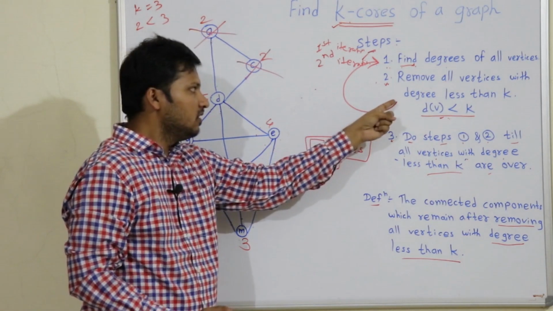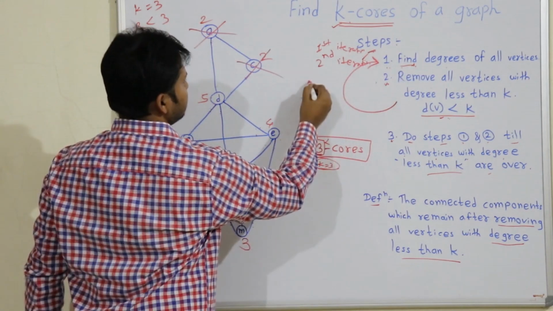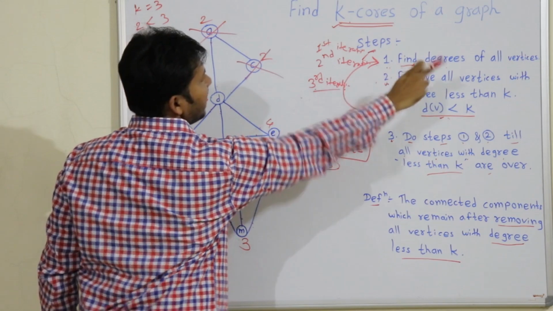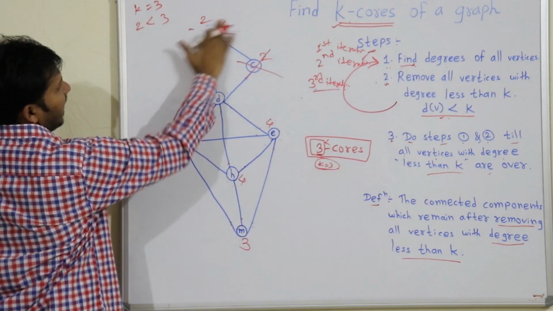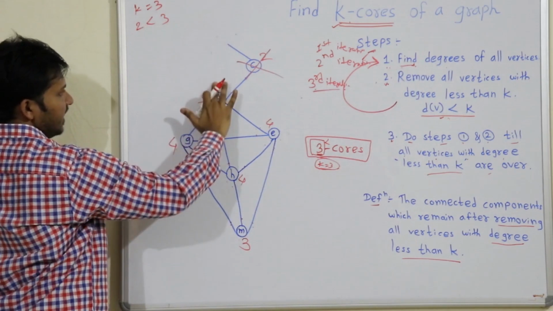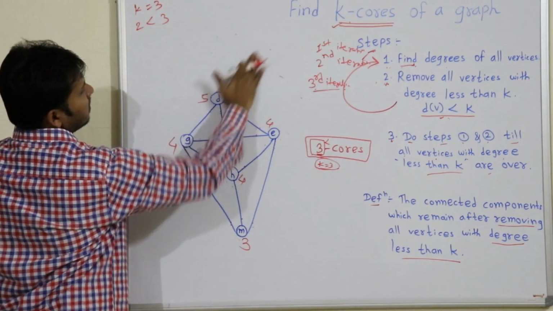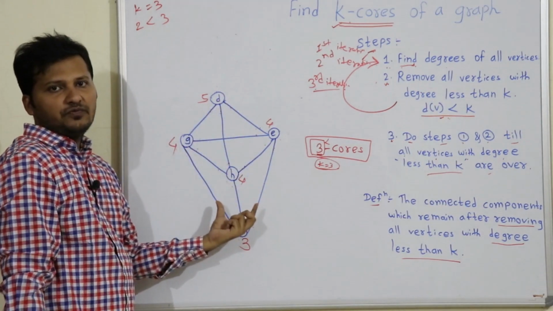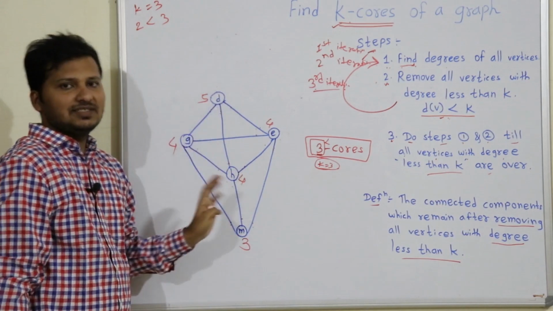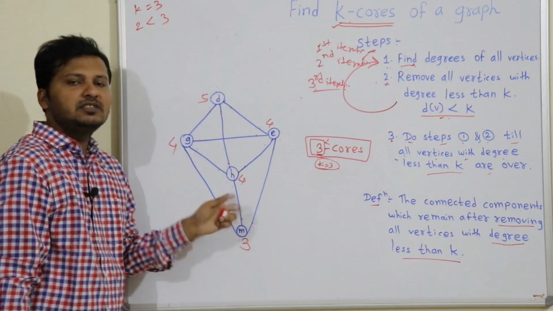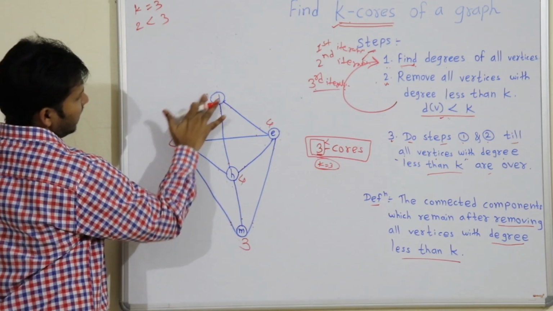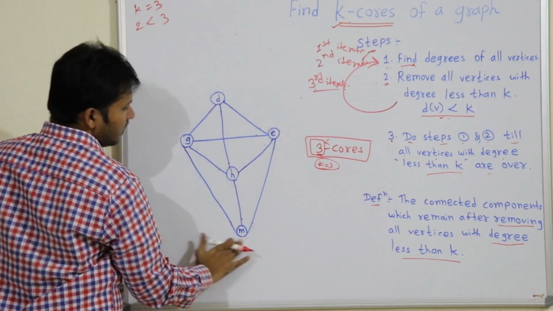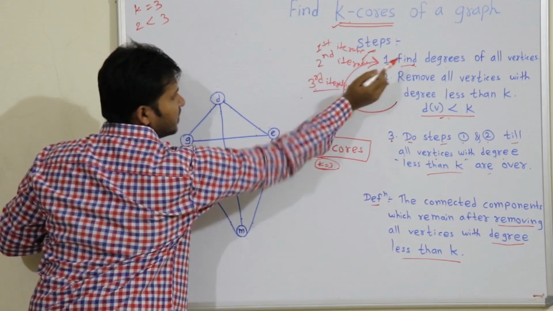Now again let's go for the third iteration. Now the current iteration is the third iteration. What it says: find degrees of all vertices. As these vertices are removed, these edges are also removed. So now again we have to find degrees of the vertices because some edges in this graph are now removed. So it will result in a change of degrees. So let's delete these old degrees and compute the degrees again, as this first step says.